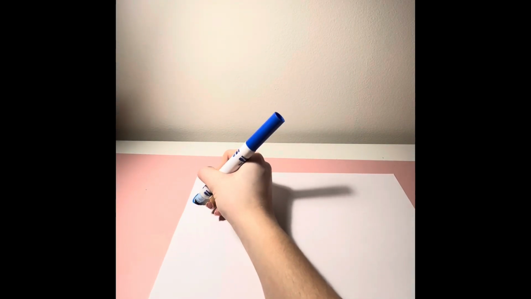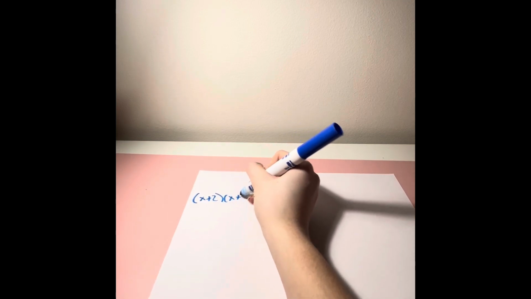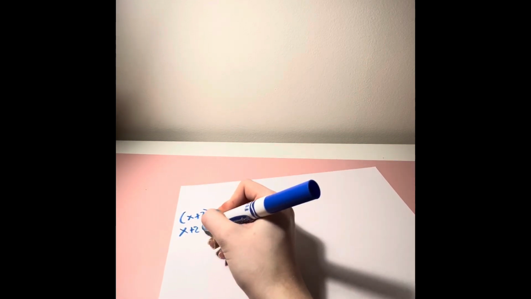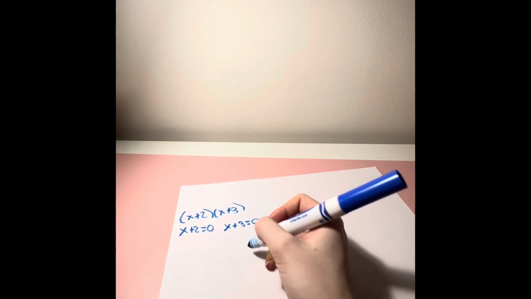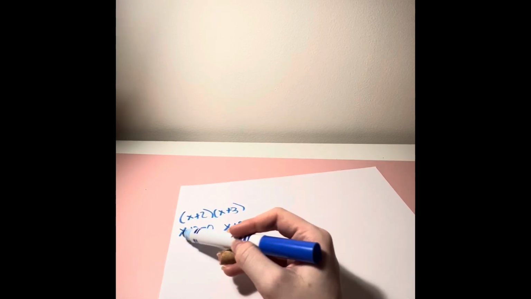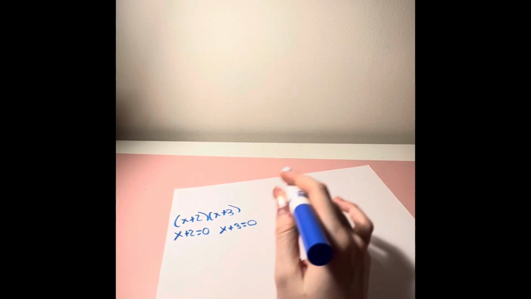Take our equations from before, from the factored form, and we are going to solve them. So we had x plus 2 and x plus 3. We're just simply going to take those out of the parentheses and set them each equal to 0. Then we want to get the x alone so that we can figure out what the x values are, which is what we're ultimately trying to find,